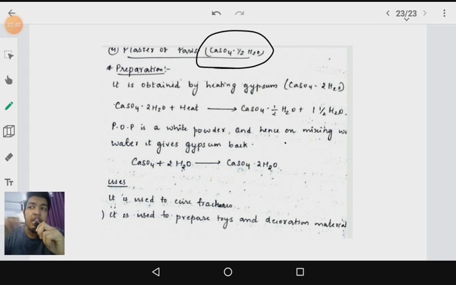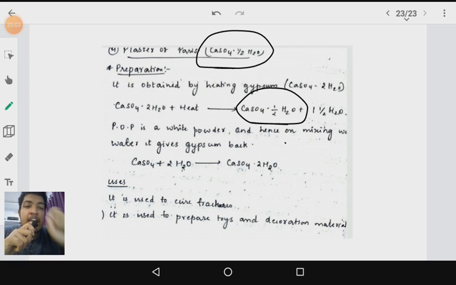It is having a formula of CaSO4.1/2H2O. Now, how is it prepared? It is prepared from another substance which is known as gypsum. Gypsum is having a formula of CaSO4.2H2O. So when we are heating the CaSO4.2H2O, that is gypsum, 1.5 molecules of water are eliminated from each molecule of gypsum, and that results in the formation of